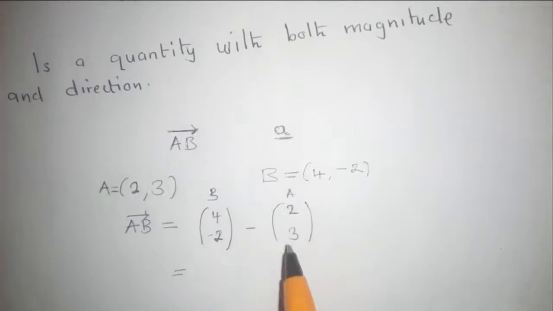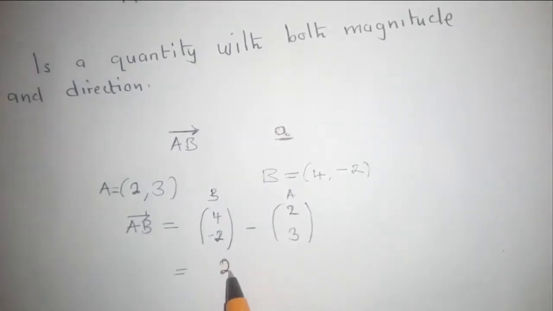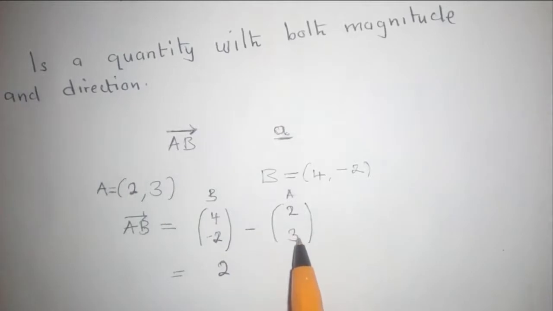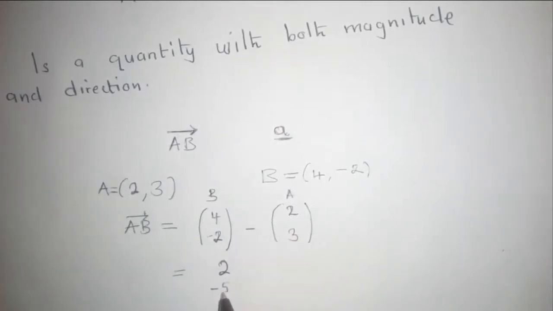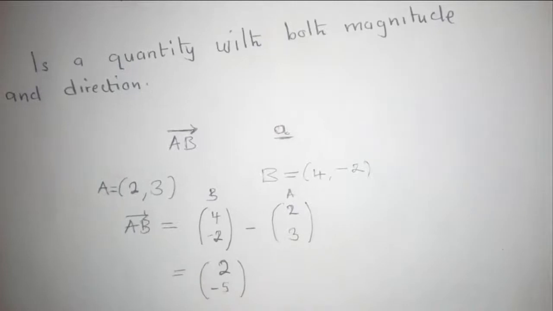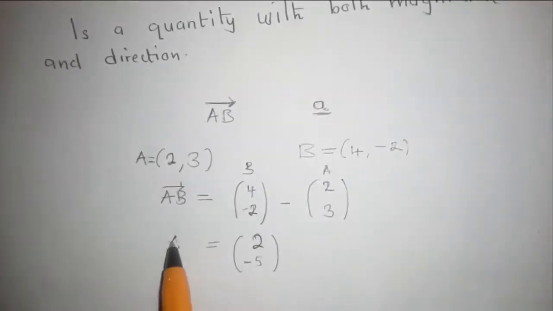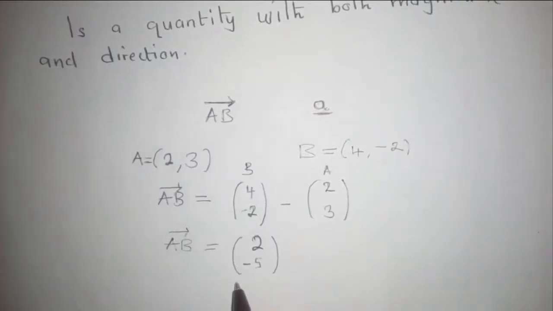So 4 minus 2 is equal to 2. -2 minus 3, it is -5. So this is now our vector AB. So this is how you get to know that this is vector AB. Okay. So now